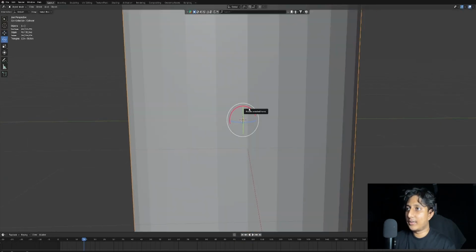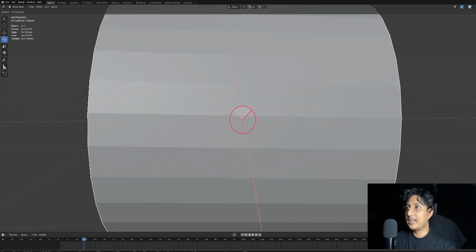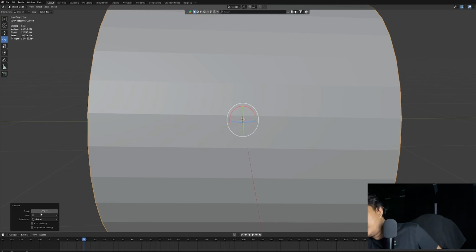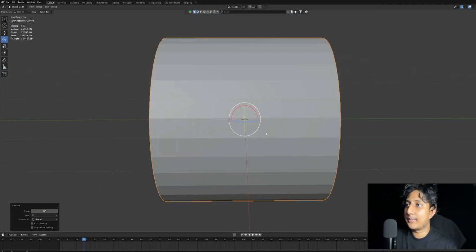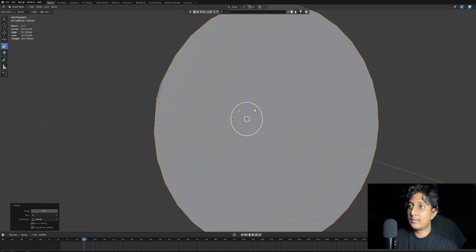Not that. I'm going to rotate this using the red axis. I need 90 degrees, so I let it go, and in the edge you can see how many degrees you've rotated. I'm just going to add 19 here, and it lines up to 90. So it's too big. So scale it down, right? I'm going to scale it down,